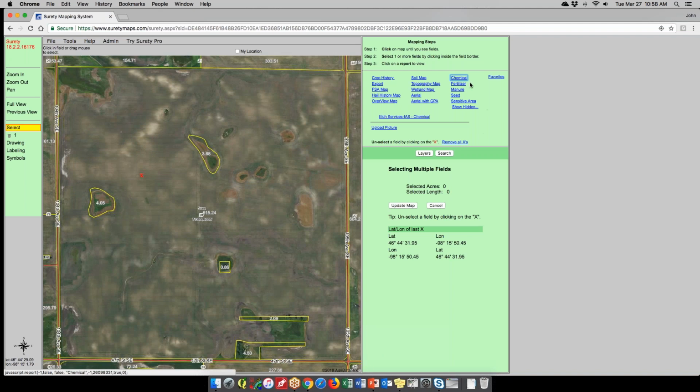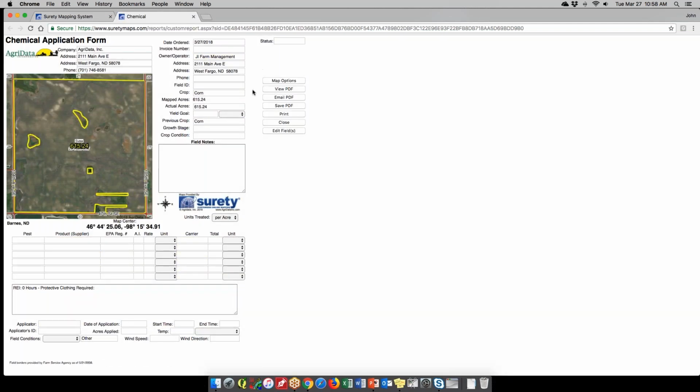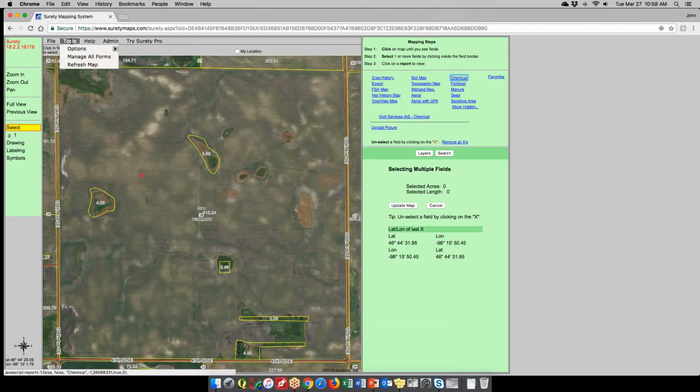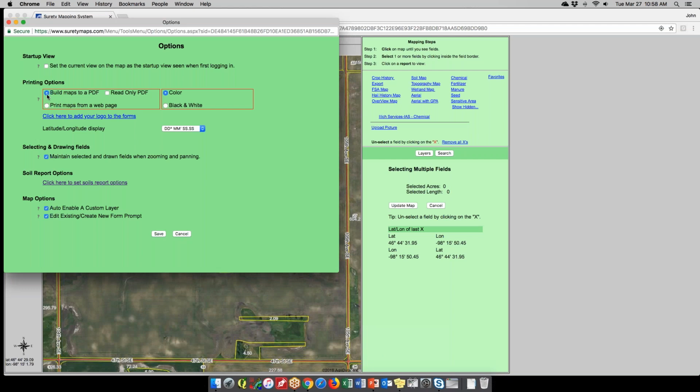What would happen is this information that you see, it will build it directly to a PDF, and you will not see everything here on the right. It'll create a PDF that you can print or save, what have you. So if you're seeing that and none of those other options, make sure you click Print Maps from a web page. It doesn't really save you many steps, except that when you do this